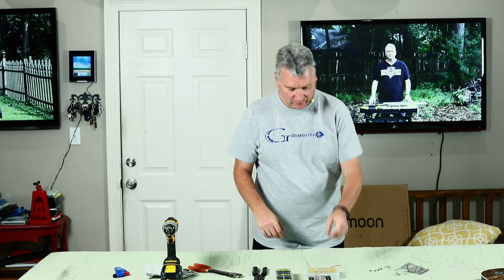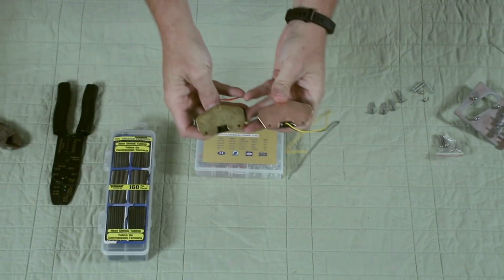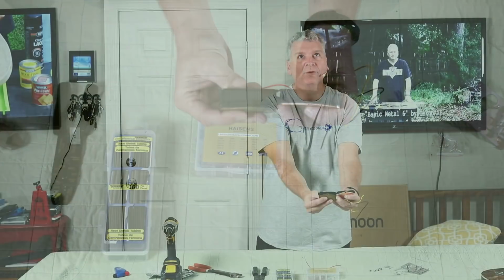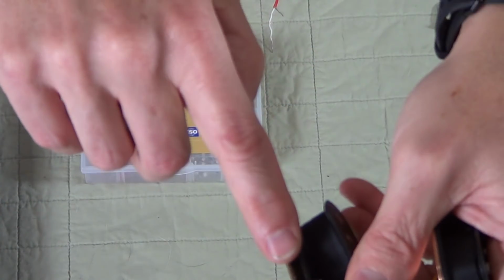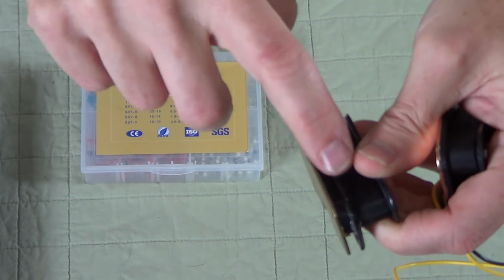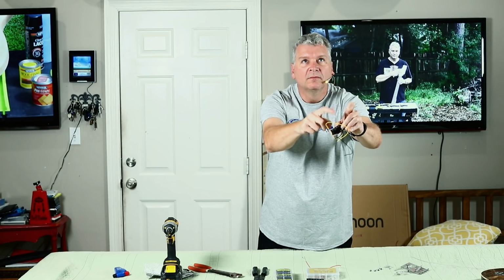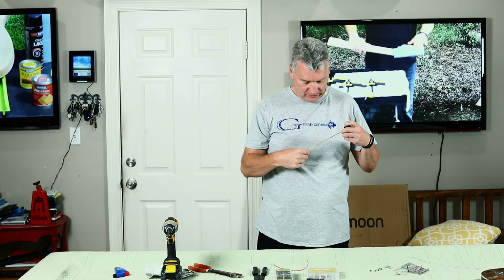Alright guys, now we have our old pickup right here. This is our new pickup. As you can see, if you compare the backs, the new pickup, this one, is obviously of substantial quality improvement over the one that came with the kit. The old one like this, you can see that winding wise are about the same, but the old one has this magnet that's glued in right here between this plate and this plate. On our new one, it doesn't have that because the poles are the magnets, and they are Alnico V magnets, or Alnico 5 if you're looking at it, because it's the Roman numeral 5. They're Alnico 3, 4, and 5 that we use in